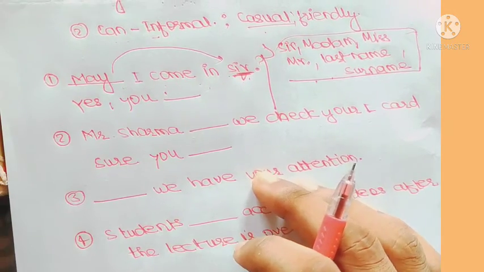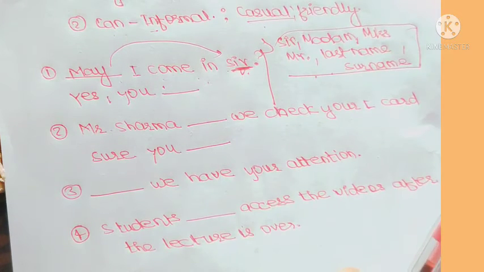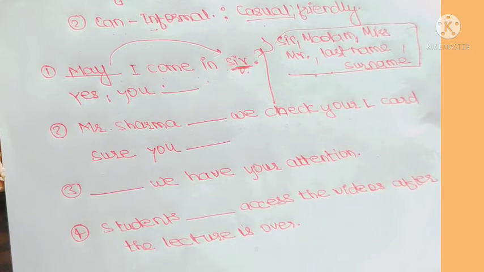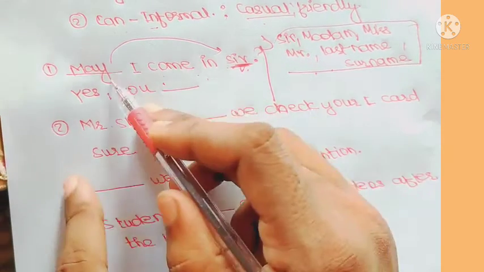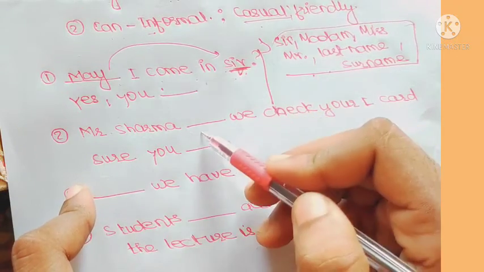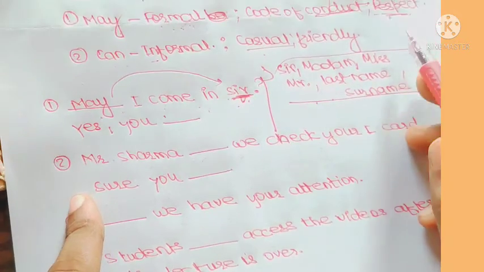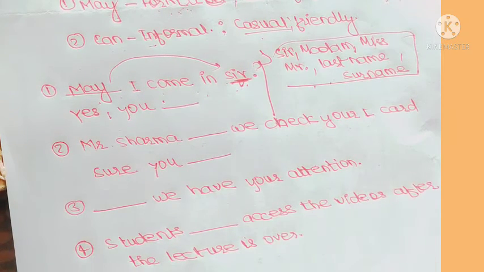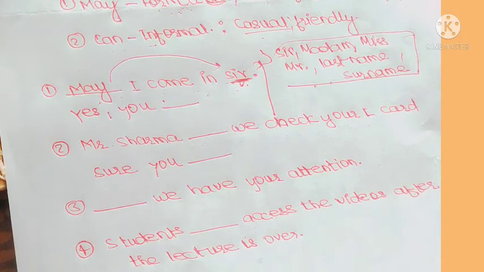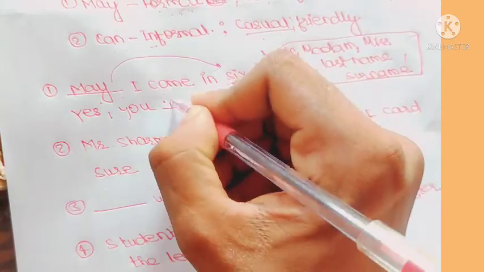Please understand it. If I behave with you respectfully, then it is expected that you will behave with me respectfully, right? So please understand, if you are asking permission to your sir, just by behaving yourself formally or just by showing your respect, it means the teacher, or whoever you are showing your respect to, is expected to behave with you formally, right? So just by understanding it, the answer should be yes, you may.